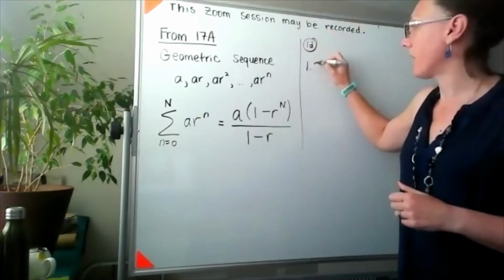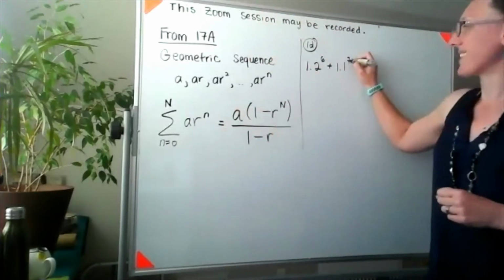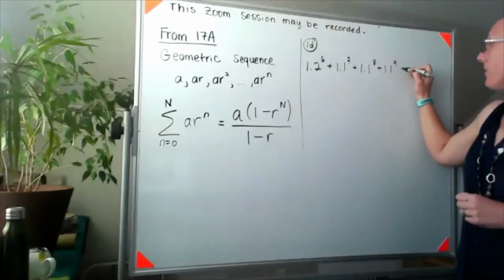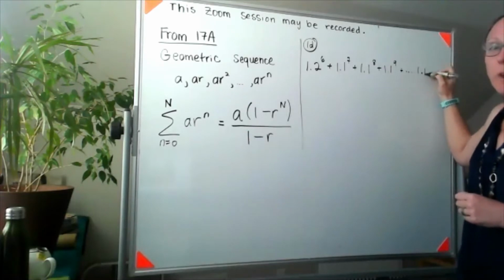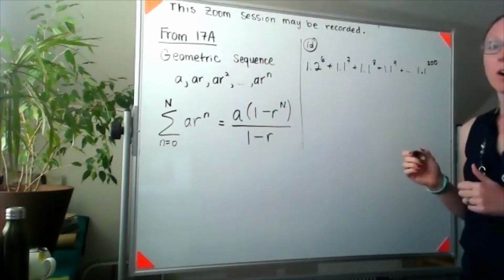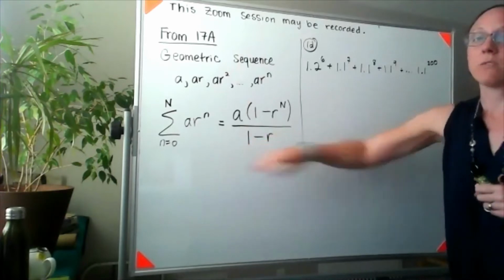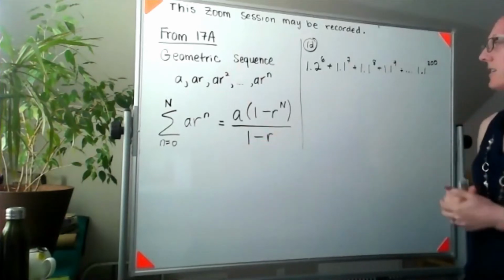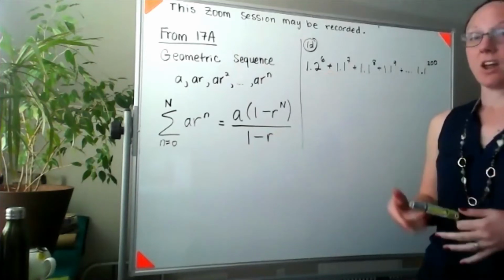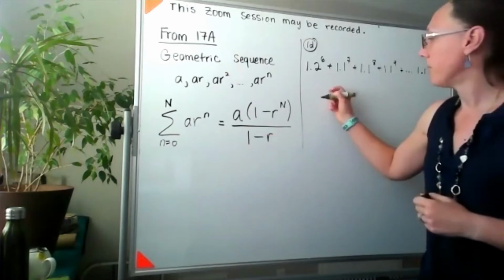that problem looks like 1.2 to the 6th plus 1.1 to the 7th plus 1.1 to the 8th plus 1.1 to the 9th. And that keeps going all the way up to 1.1 raised to the 200th power. So in order to evaluate this sum, we're going to want to use the formula for a geometric series. This first term is kind of an outlier because it's not following the pattern for the rest of the terms. So I am actually going to keep it by itself and have